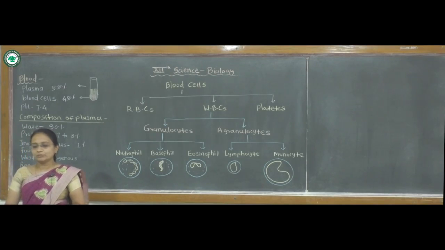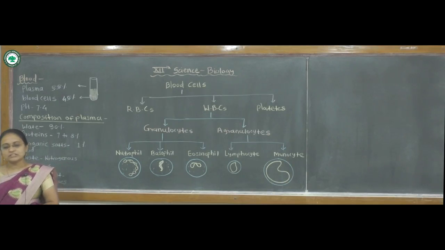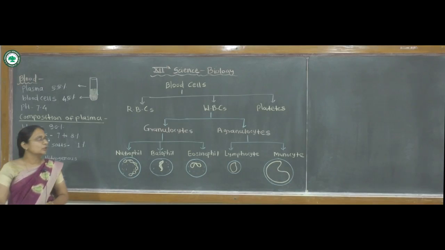If the number of thrombocytes decreases, the condition is known as thrombocytopenia, and that causes internal bleeding. This platelet secretes factors which are essential in blood clotting. They also seal the ruptured blood vessel by formation of a platelet plug, thrombus. They secrete serotonin, a vasoconstrictor. The main role of the platelet is the coagulation of the blood, or the clotting of